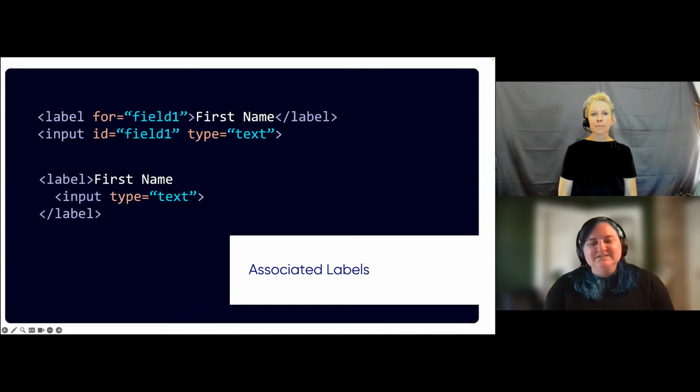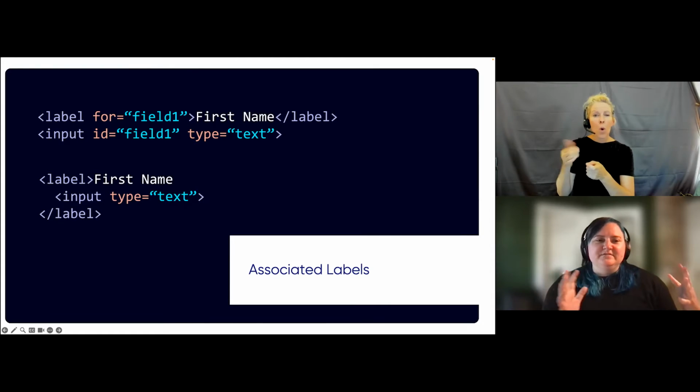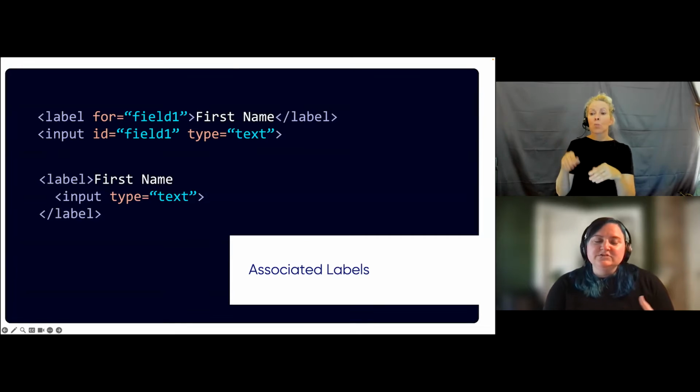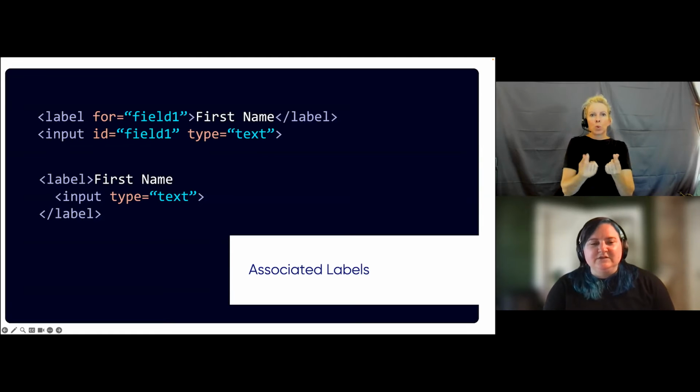The next one, still one of the most troublesome spots in any site that has a form in it, is properly associated labels to form fields. So again, why we need to describe to the end user if they are sighted, if they are using assistive technology, if they're using voice control, there's any user persona this is important for, because providing a properly associated label to your field provides direction about what you are supposed to do there. It provides that accessible name to the field so that people know exactly what they're supposed to type in, right?